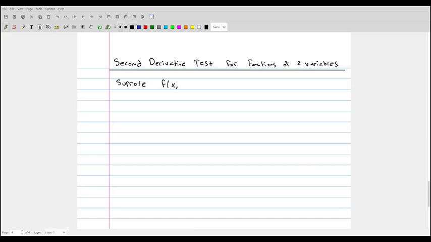That the function f of x, y and its first and second partial derivatives are continuous throughout some domain,